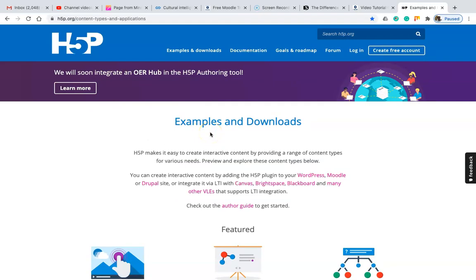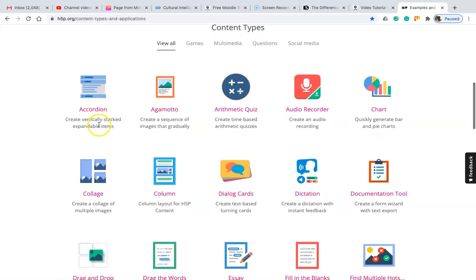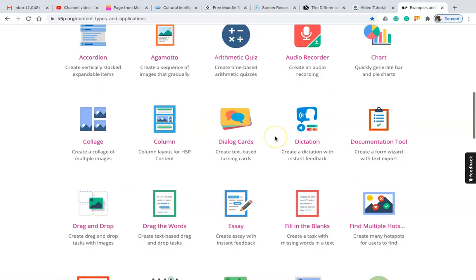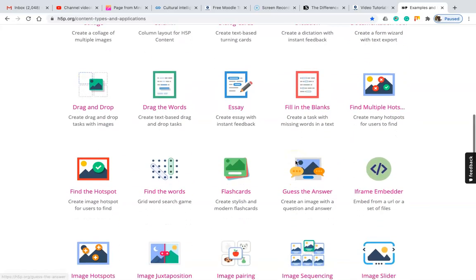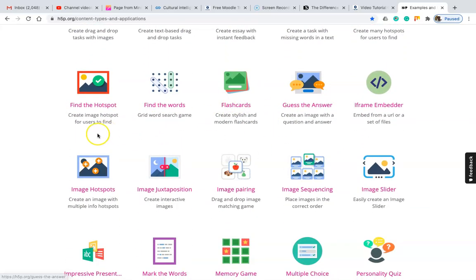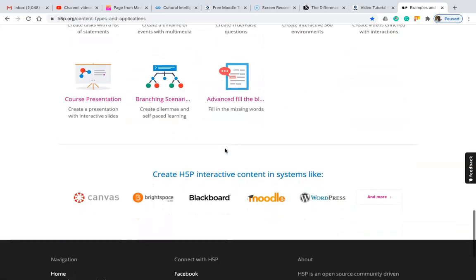Initially I think I said .com, I'm sorry about that. So it's h5p.org. You can see these samples over here: accordion, audio recorder, dialogue cards, columns, collage, documentation tool, fill in the blanks, essay, flashcards, guess the answer, find the words. This is a huge collection.